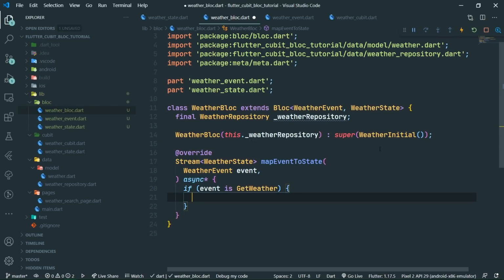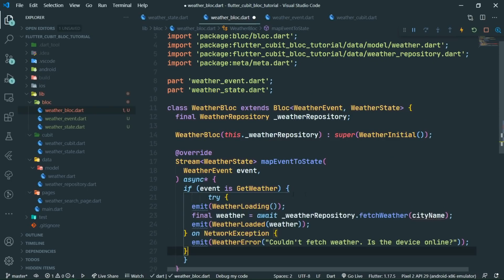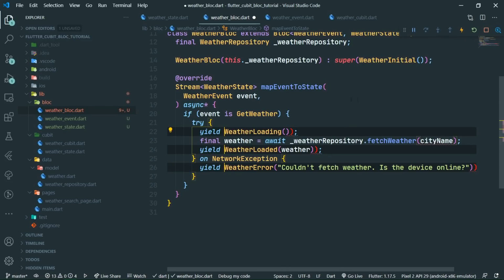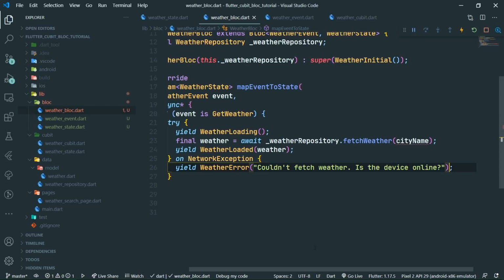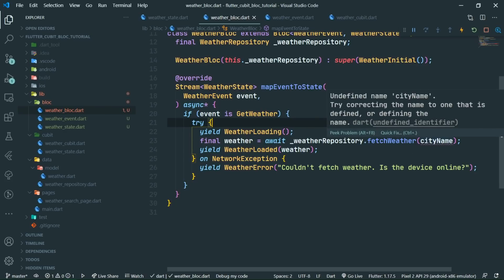And now we can basically do the same thing which we have done in weather Cubit. So let me just copy the try catch block from the get weather method, paste it over here, and let's select all of the emit occurrences. So again, Control D or Command D, change it to yield, delete the first parenthesis. Once we delete all of the parentheses here and change emit to yield, we also need to pass in the city name to the fetch weather